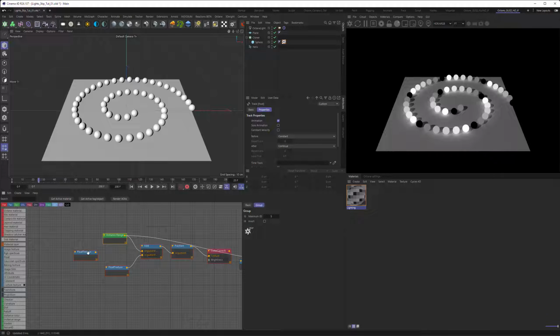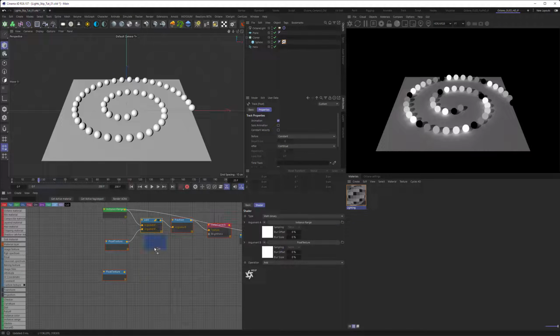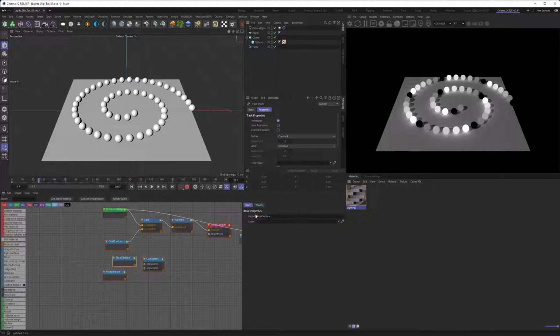But since this isn't possible, we will create another value here that is the same value. So let's create a 5 in here. Now we know that those are 6 spheres in a row. So 1, 2, 3, 4, 5, 6 in a gradient. So we need to make this +1. So what we need to do is duplicate this add node, duplicate that one here, and make this 1. Also rename our nodes here +1, and this will be our instance range number or something like this. Okay. So we will add this. So we have 5 + 1.